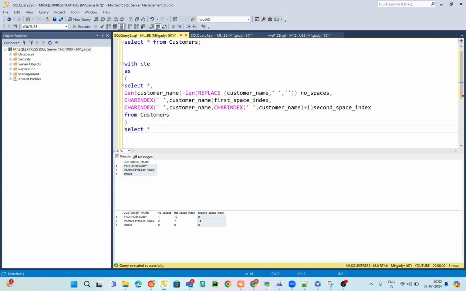Select star from CTE. Same result. So now we will derive the other columns. What I need first is the first name. We will derive it for this particular record. It is straightforward, the first name. So comma, then the next column is